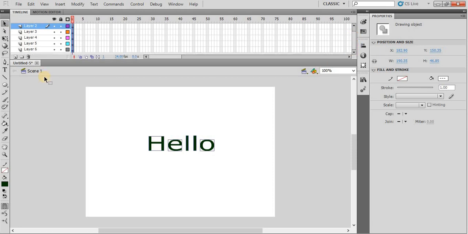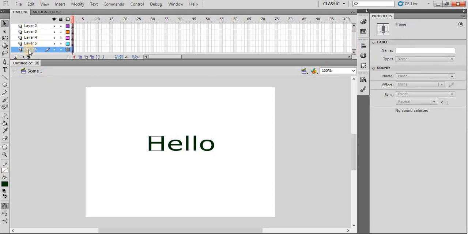From the bottom, the layer number 6, when you select the layer number 6, you will observe the letter H is already selected.